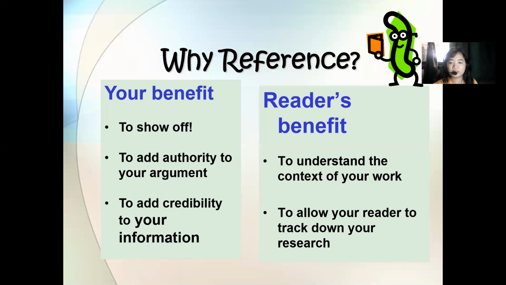So next, to allow your reader to track down your research. So that is the importance of referencing, class. We get our sources from Google Scholar, and we include that in our review of related literature. Now, when you cite these, let's say you took a study from Burkhardt and Medlick, I also took a study from John Smith, and a study from Mary Grace, so I have many researchers from whom I got ideas and perceptions related to my topic. For example, I'm studying math anxiety and how it affects the academic performance of grade 12 students. So I'll be getting the findings or research work from other researchers to further support my paper.